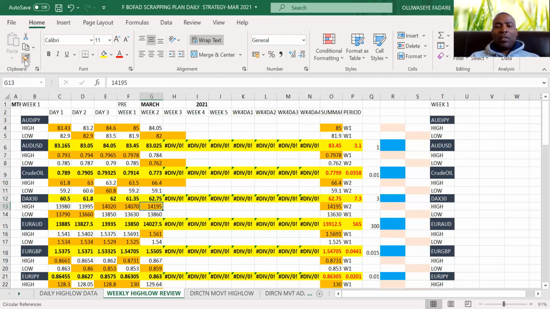DAX is another important factor. So DAX, again, from my projection, is likely to go higher. But if it doesn't go higher, what it means is that at the end of the month, it's going to go lower. So if you look at the extreme here, like I said, the period we achieve the high position